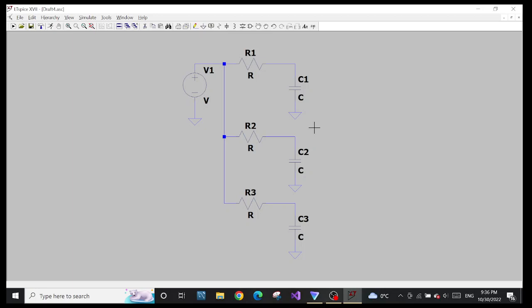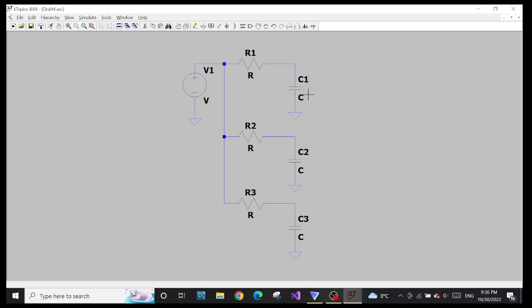So last time I already published a video about param part 1. So this is another video about param part 2. Last time we used param together with the step simulation command, but now we will learn more about the benefit of using param. For example, here I have a circuit containing 3 different